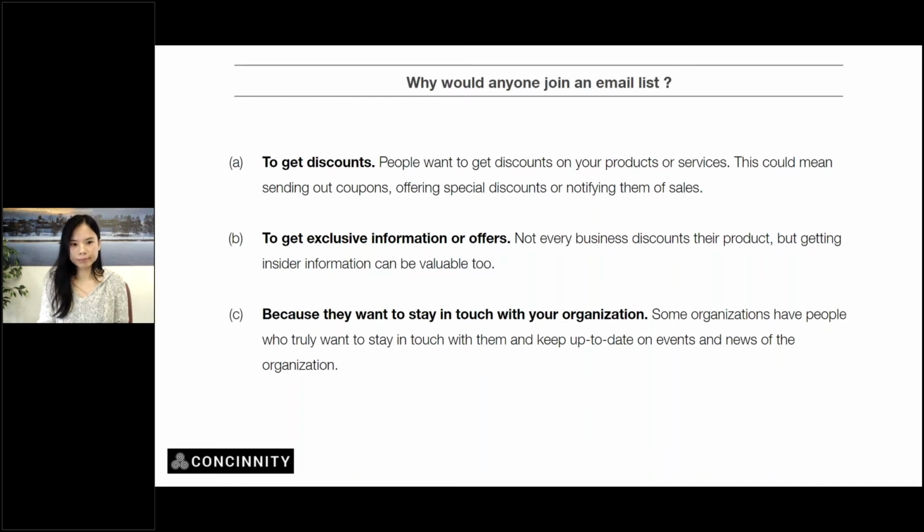The last is because they want to stay in touch with your organization. If you're a crazy fan of a brand and you want to stay in touch, you will subscribe to newsletters. An example of that is Starbucks. Starbucks usually has an online platform on their website where, if you subscribe, you get a special code for your birthday, or during your birthday month they send you some goodies.